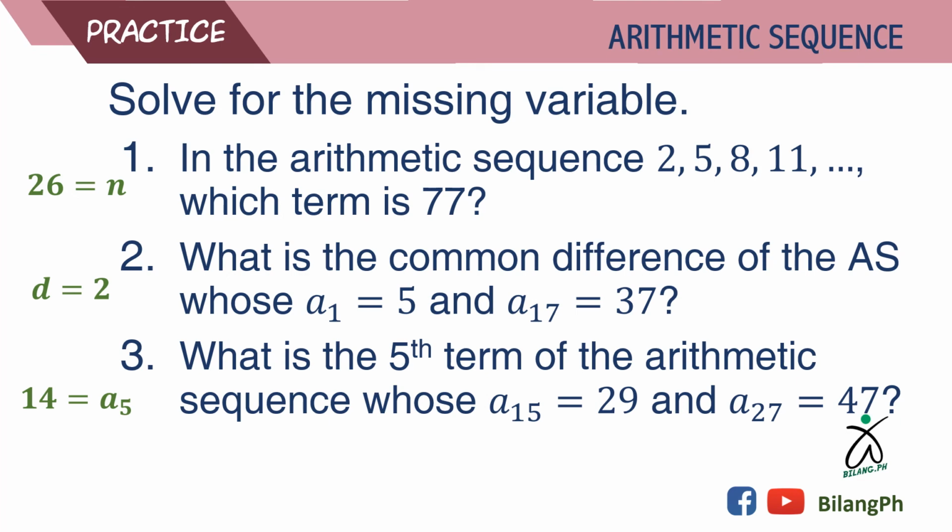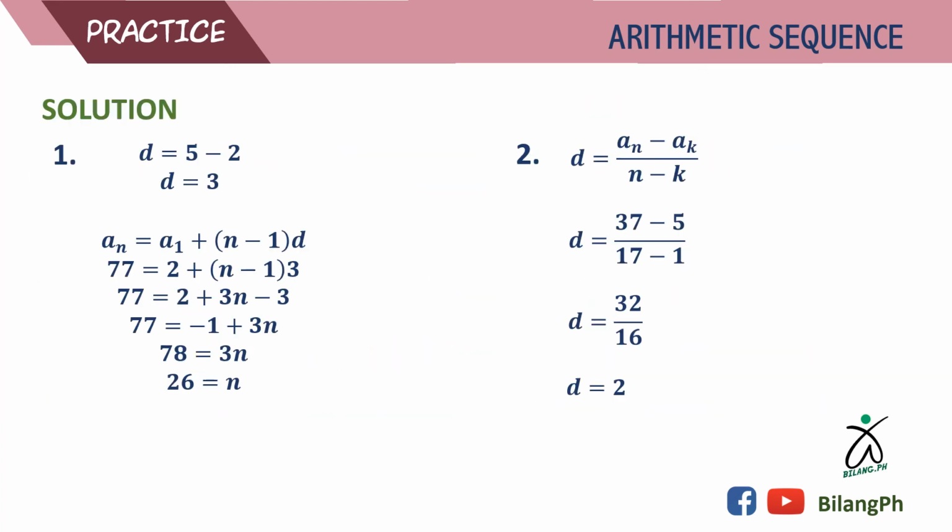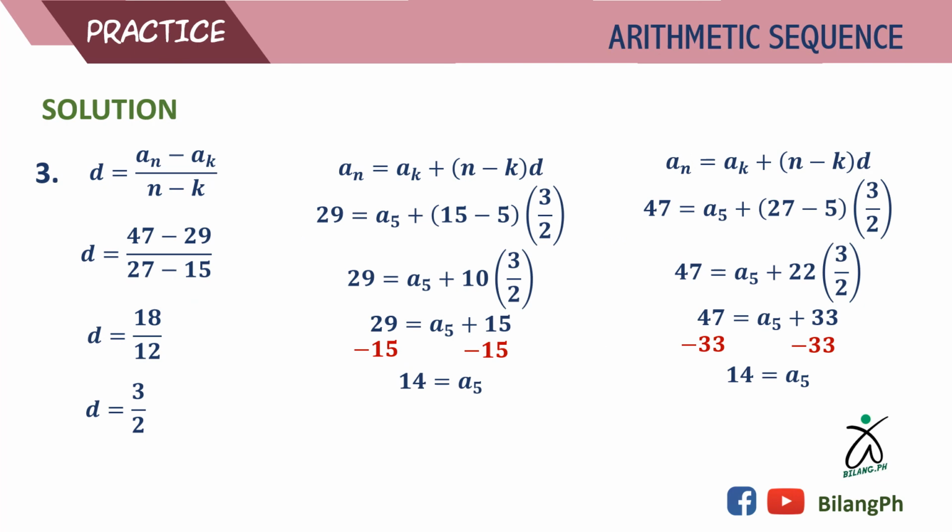Here's the answer for number 1, n equals 26. Number 2, d equals 2. And number 3, a sub 5 equals 14. Here's the solution for items 1 and 2. For number 3,